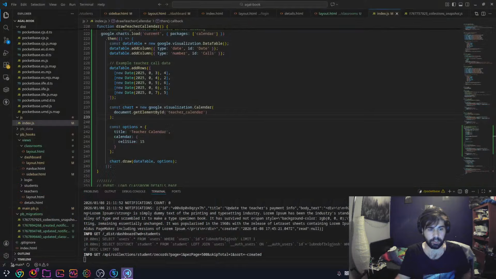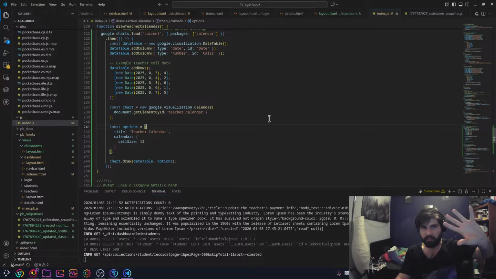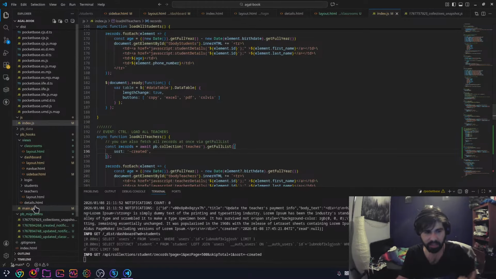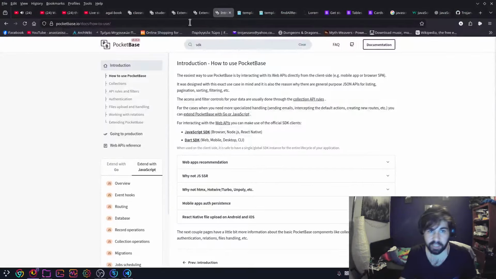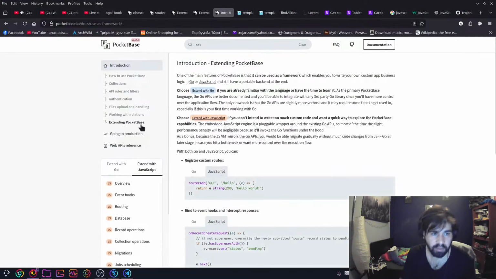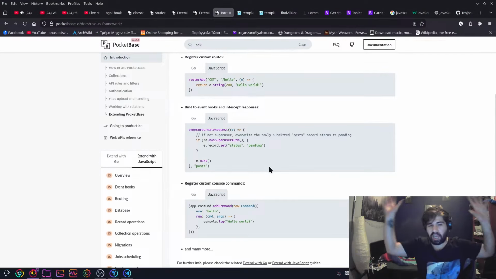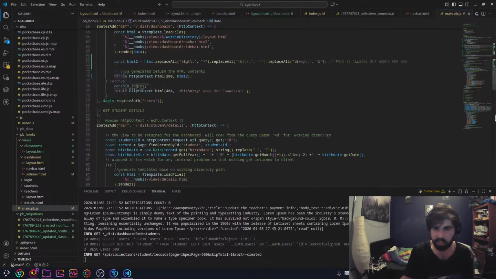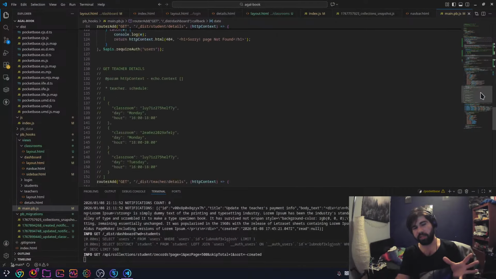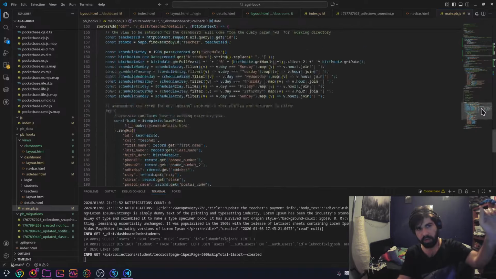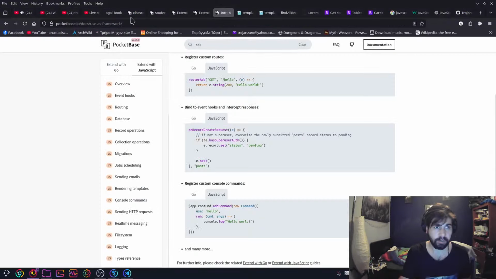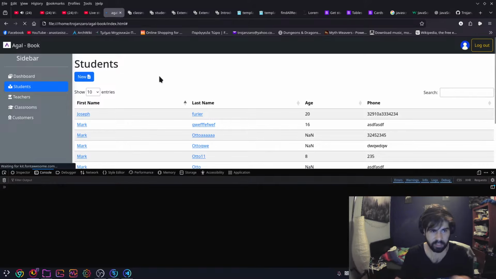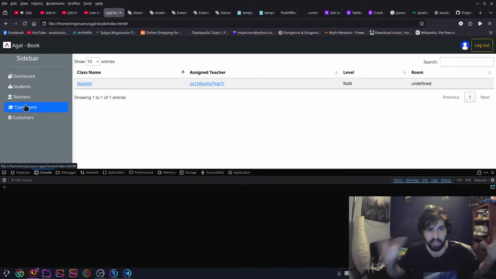And so you can do stuff like that for the front end, so for the HTML pages that you have and all the JavaScript that you run in there, but it also has this thing here, extending Pocket Base. You can run JavaScript stuff on your server. So right now, all this stuff where it's collecting and rendering the pages you're going to be seeing in the front here, some of it is server-side. A lot of stuff is server-side, it's a mix.